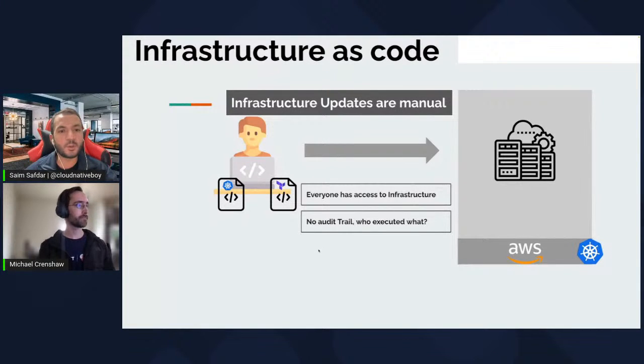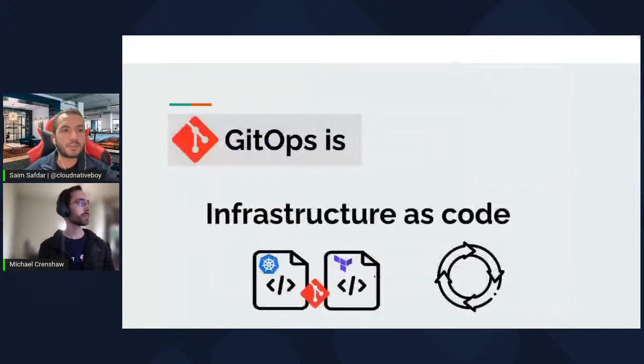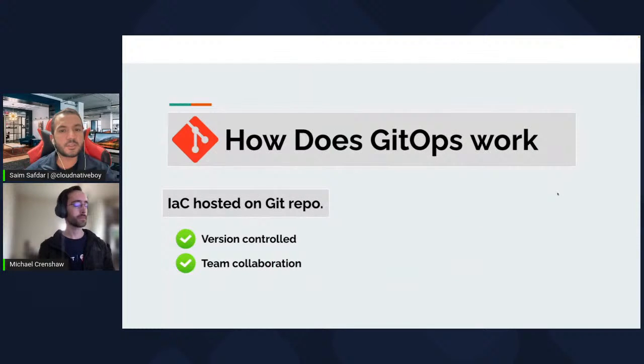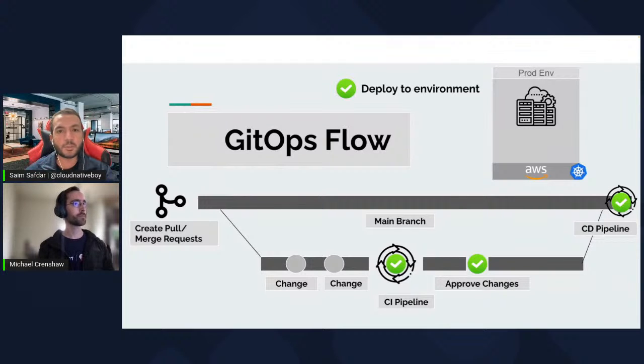And what we talk about is that there is no audit trail of who can do what, because this is manual infrastructure work. All the deployments are manual, but GitOps is two things, I guess. It's infrastructure as code plus a CI/CD pipeline. And now I think we talk about things hosted on the Git repository. If you go to the next slide, I think there's a pull-based deployment model. Now we're treating infrastructure code the same way as application code. Now we have a change in place, then it goes to the CI/CD pipeline, then we approve it, and then finally the change is merged. And on the next slide, I guess, yes, then we deploy it to the environment.